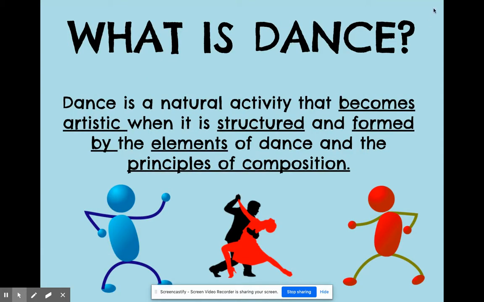All right, moving on to the notes portion. You've already answered the article questions, right? Okay. So, what is dance? Dance is a natural activity that becomes artistic when it is structured and formed by the elements of dance and the principles of composition. So, anybody can dance, right? Any type of movement you can argue is dance. It becomes art when it is structured by the elements of dance,